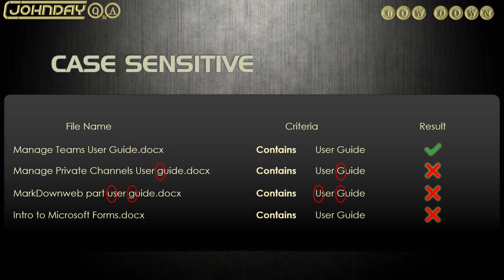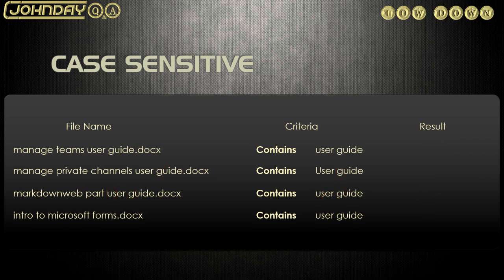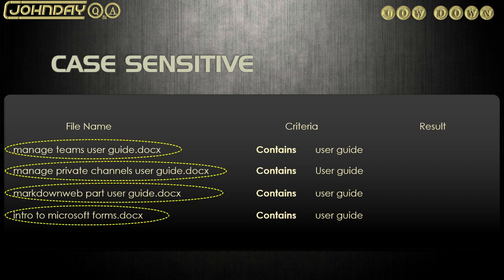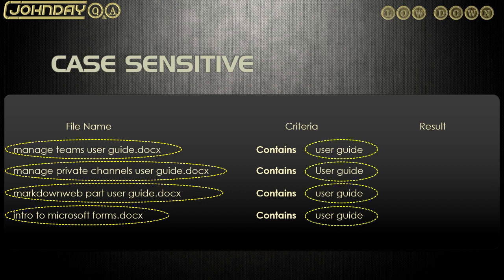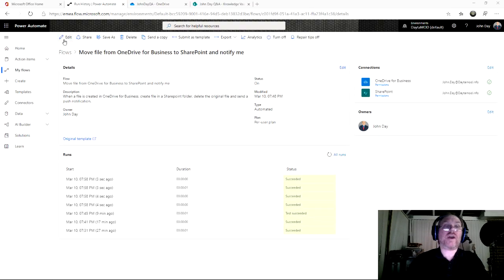I need to find a way of getting it to look for the text but not the casing of the text. The best way to do this is to take those file names, just tweak them, borrow them, and convert them to either uppercase or lowercase. So I'm going to convert mine to a lowercase format, and that way my criteria will be matched in that same casing. Now, I'm not permanently changing the file names in any way. I'm just extracting the file names and then converting them to lowercase, and that will then bring back the correct results I'm looking for. So let's go and edit this flow again,